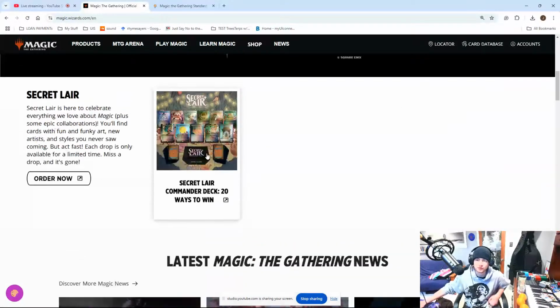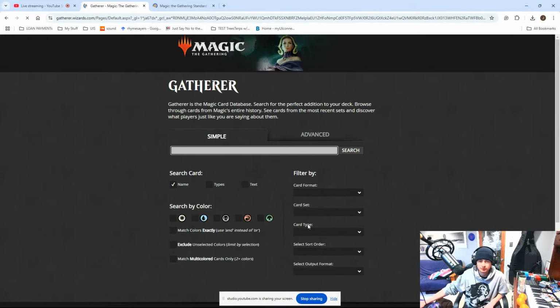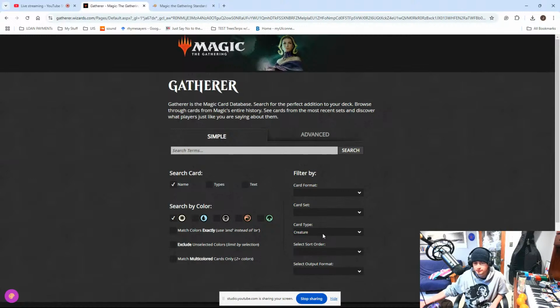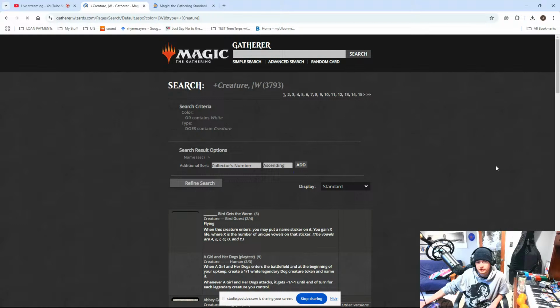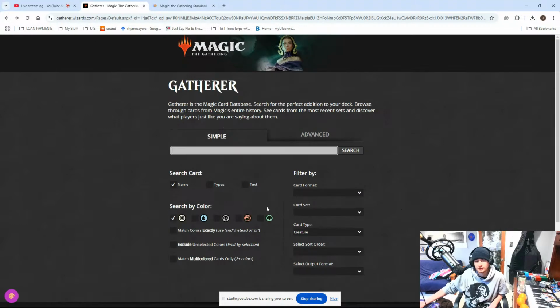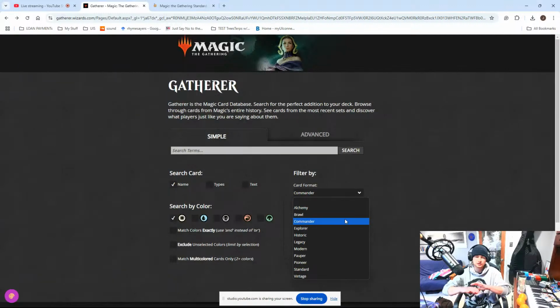For a new player, what I want to highlight is the card database, which is where all Magic cards are kept. If you want to look for white cards and you want to look for white creatures, you just go white creature search. And it will give you every creature that's white in all of Magic. Now that's very broad. But if you want to look for a specific format, let's say you're trying to find a commander card. Commander is a very general,